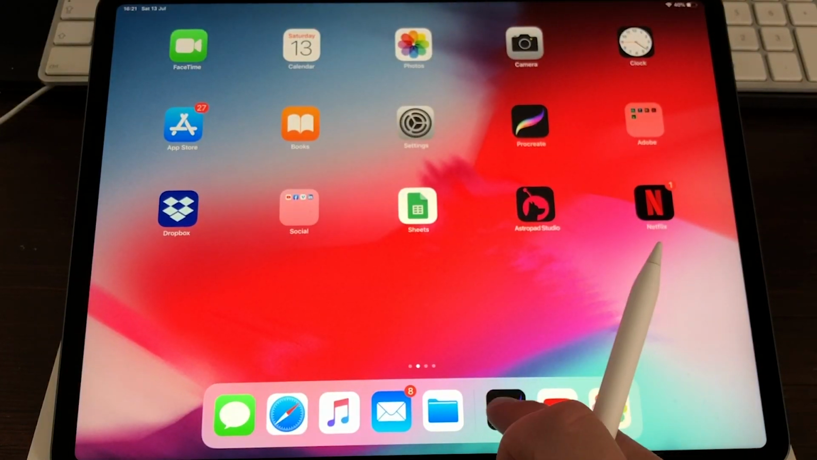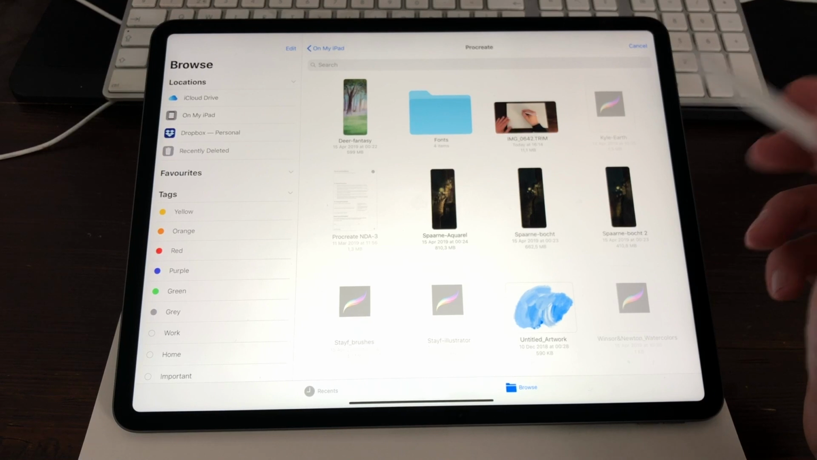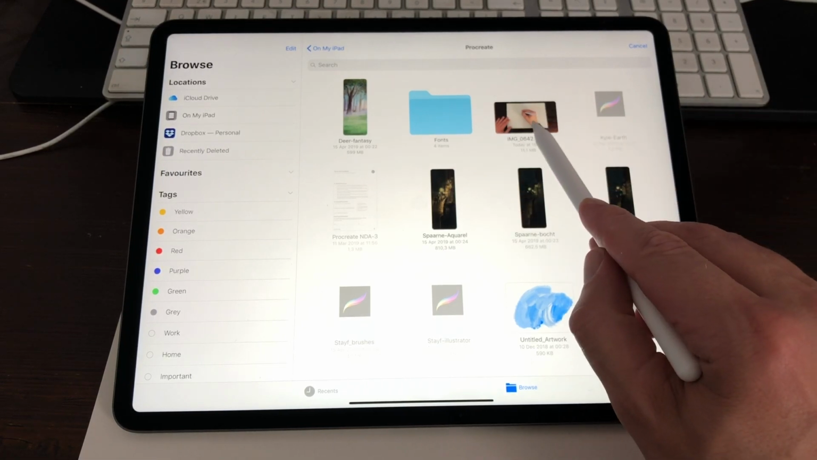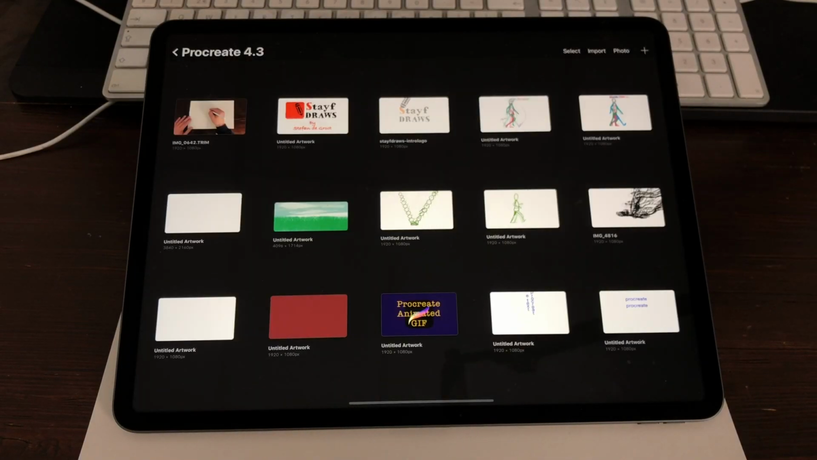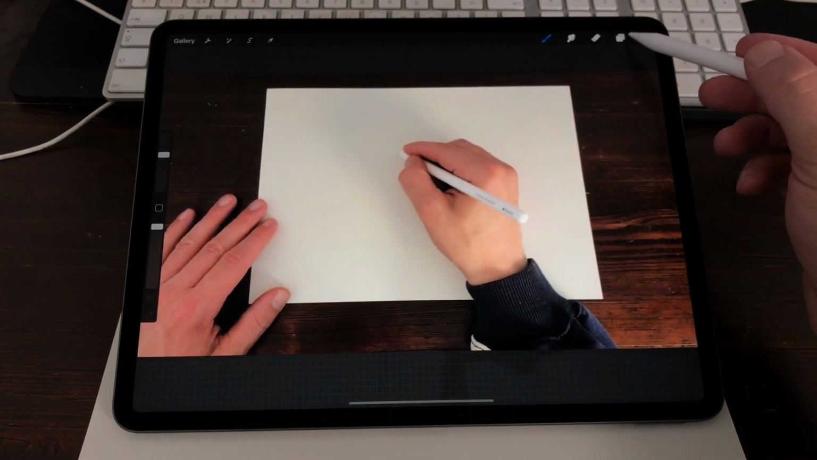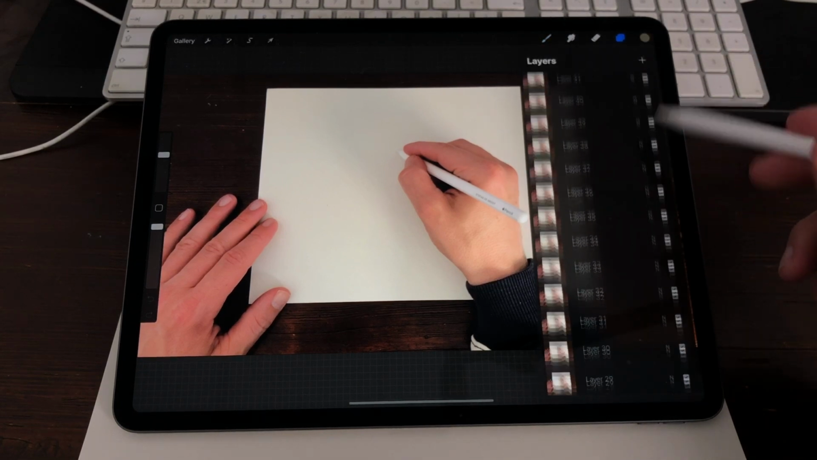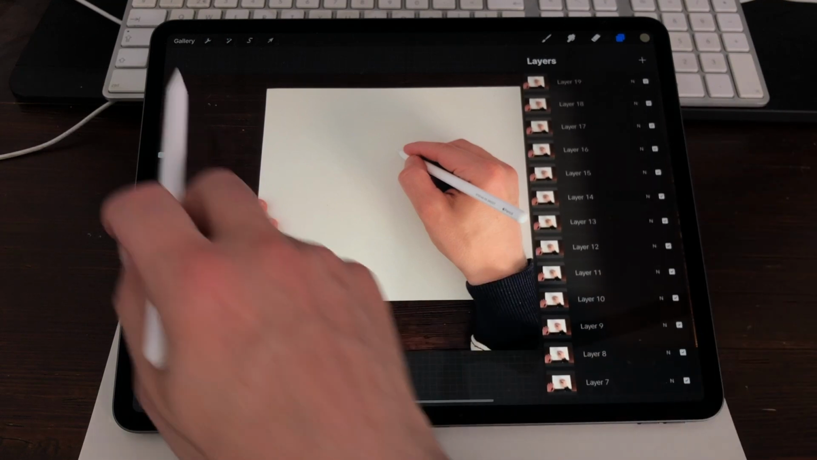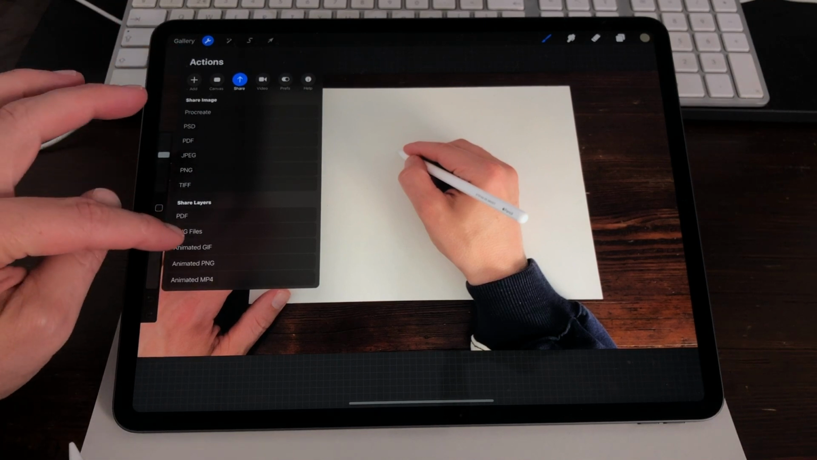And now I'm gonna open up Procreate, and this is Procreate 4.3, and I now can import the movie. And here you see the movie. So when you tap on it, it will be imported in Procreate, and then it will make a file with a lot of layers, and each layer is the keyframe. So there's around 51 layers, and you can check the animation or the movie when you go to Actions and then tap on Animated